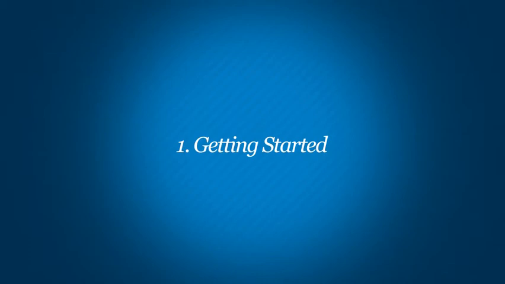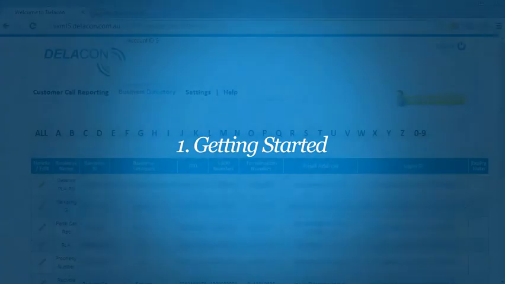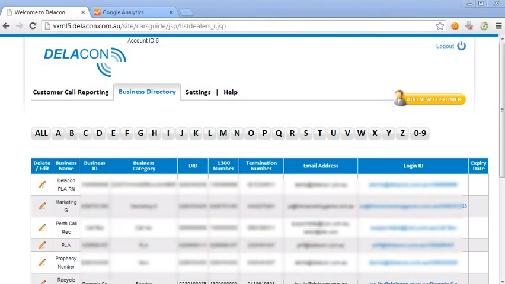In order to set up goals in Google AdWords, you must first have a few things set up. This screencast assumes you've already set up your Google tracking code on your website. If you've not yet done this, please log on to your Delacon account and download the PDF that shows you how to do this. This PDF is located by logging into your Delacon account, clicking the Business Directory tab,